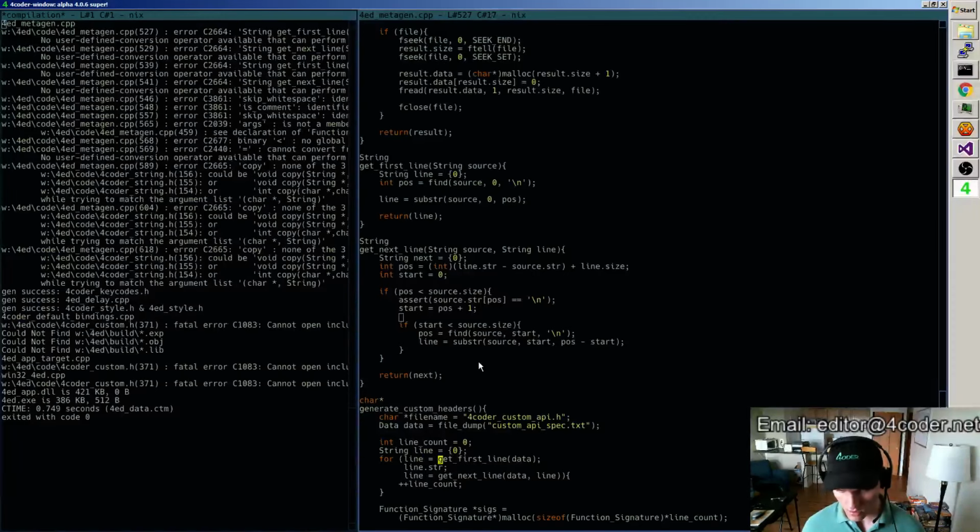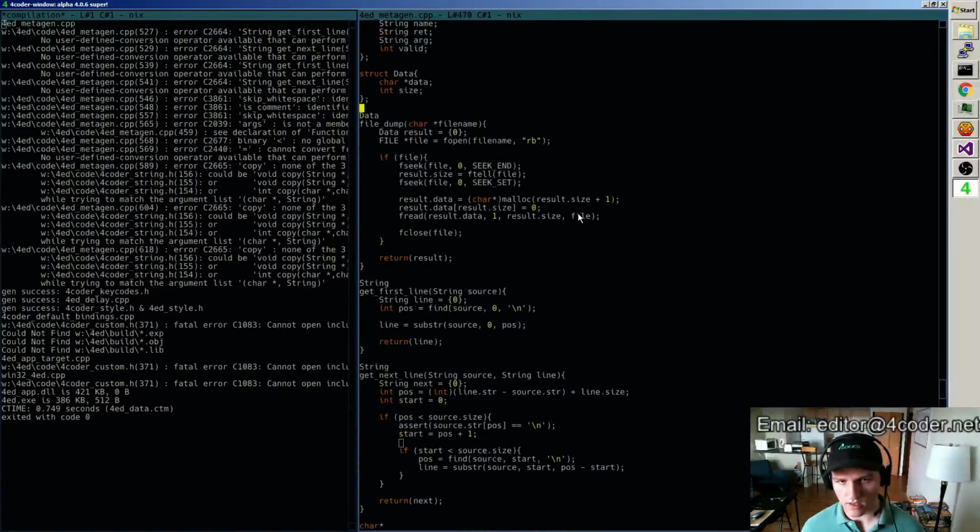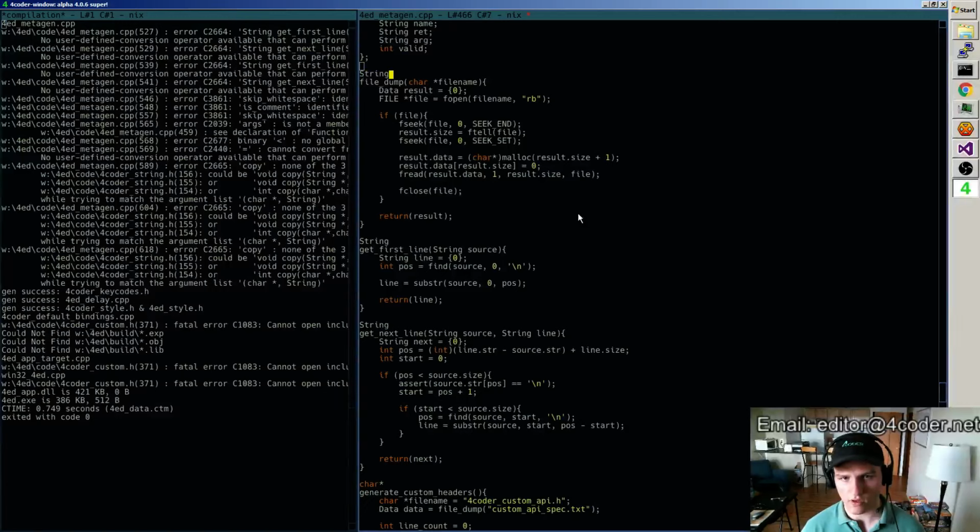527 line equals get first line. Oh, data is not a string, is it? Okay, that's fine. Let's just say that we'll do this in terms of strings, since I've already got strings sitting around.